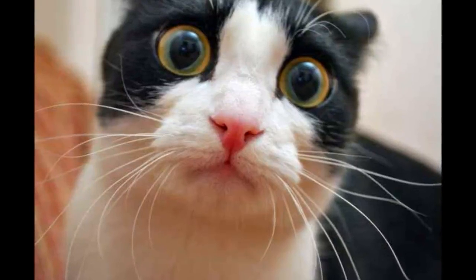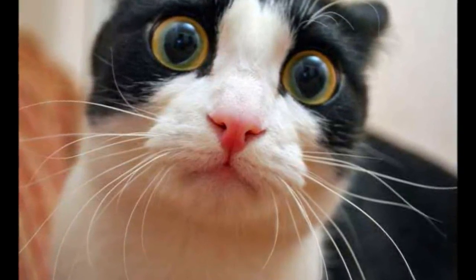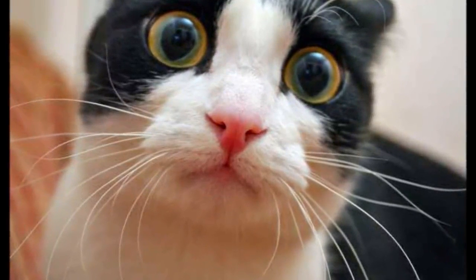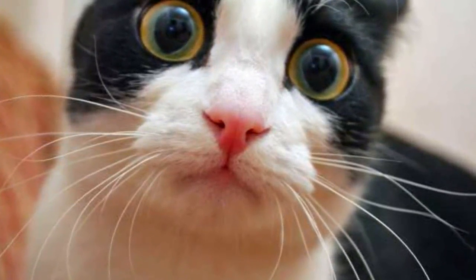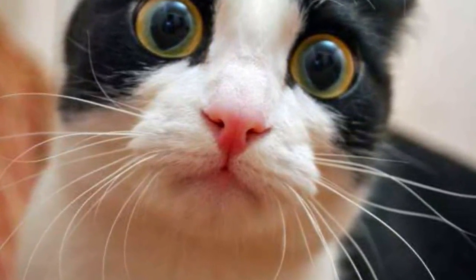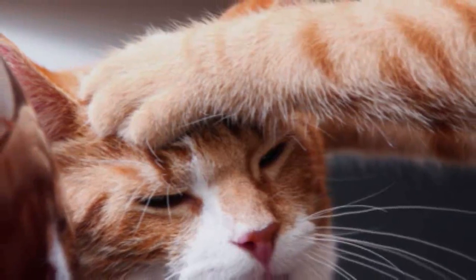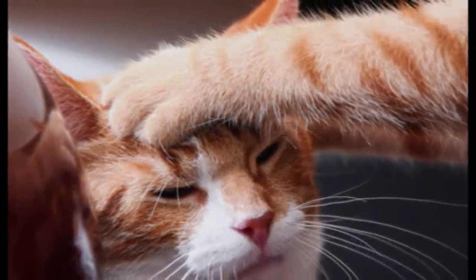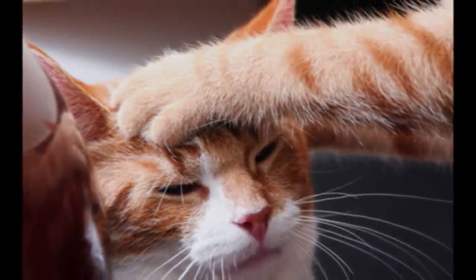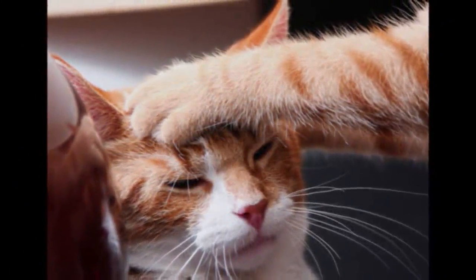Nasal discharge in cats. The throat is the end of the two major air passages that begin at the nostrils. Very fine scrolls of bone called turbinates fill the nasal passages. They have a covering of pink tissue, mucosa, much like the lining of the mouth. As the air passes through the turbinates in the nose, it is warmed and filtered on its way to the lungs. The nasal cavity is separated from the mouth by what we call the roof of the mouth, or the